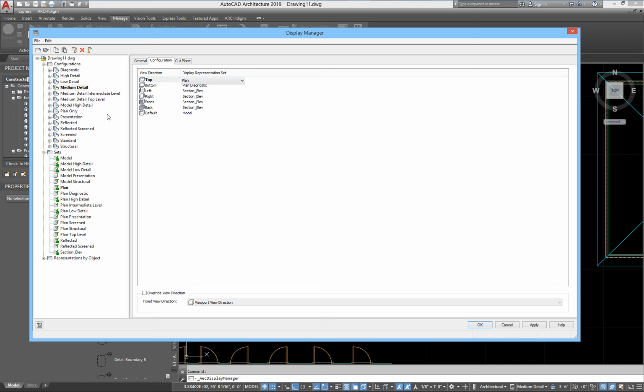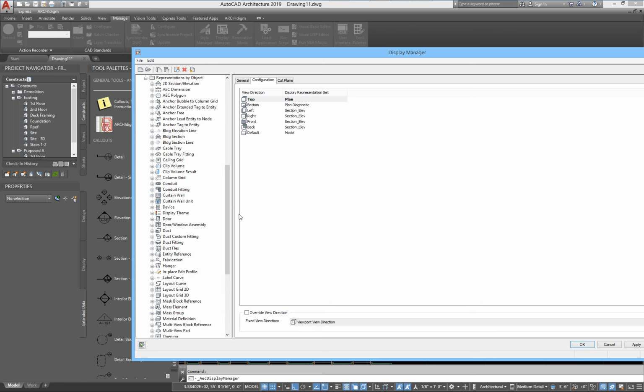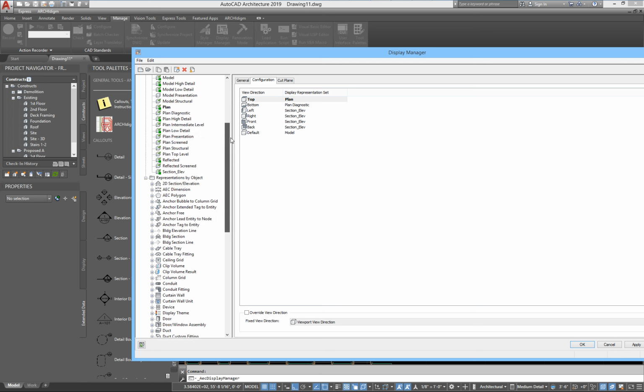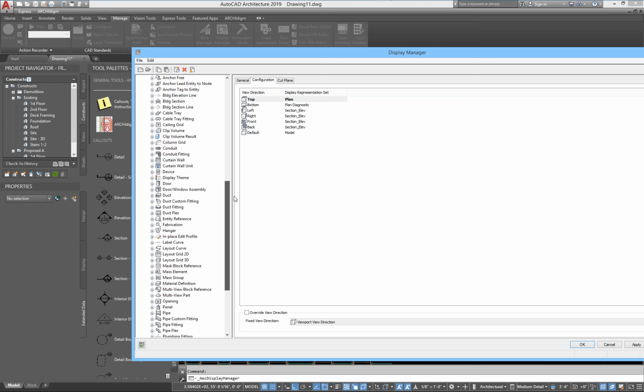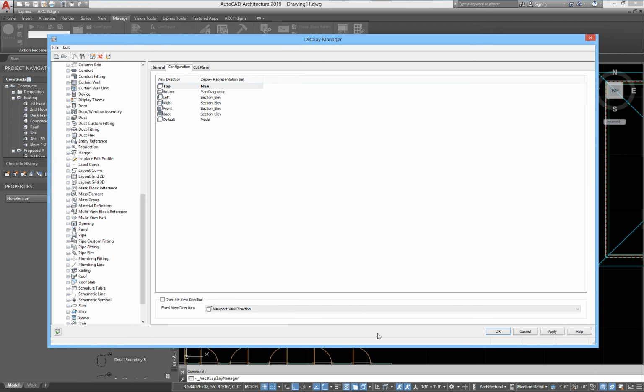But so you could make yourself a new configuration that has a custom set that might even have custom settings, display representations by object for unique objects where you want them to have very unique characteristics. I think that covers it. I'm going to do another video expanding on this information on how to show hardware and